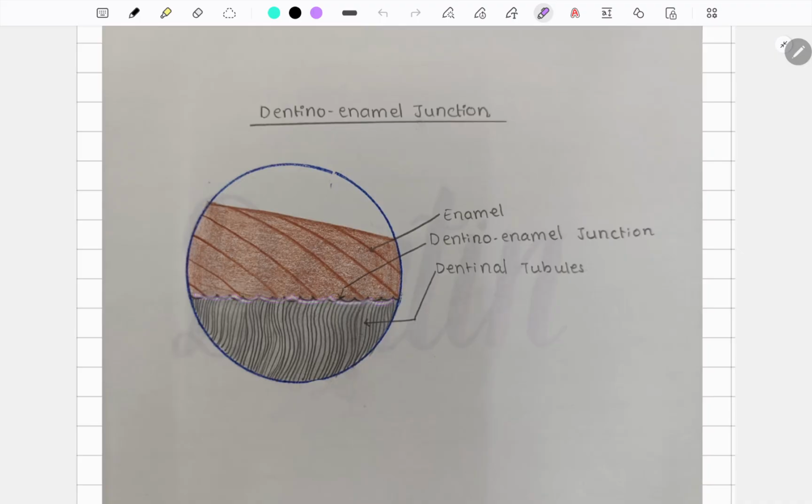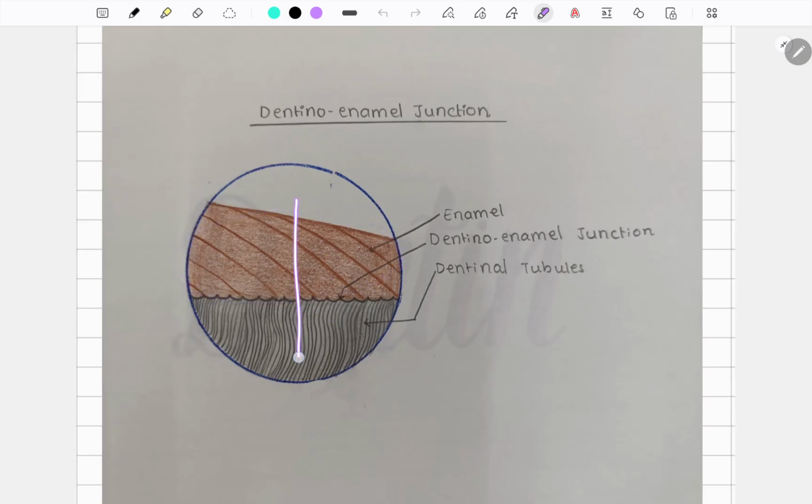If you can't see anything else other than enamel and dentine, you can write that as DEJ, or as enamel or incremental lines of Retzius, or as S-shaped dentinal tubules also, or you can write all three or four identification features together, because in that slide you can see all of that. But if enamel is shown more on the slide and dentine is shown very less, then it will be related to enamel.